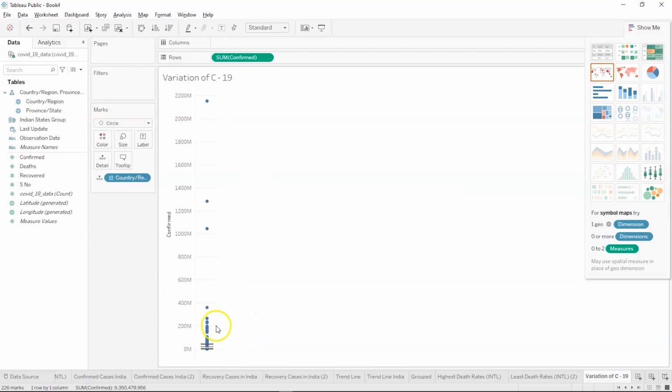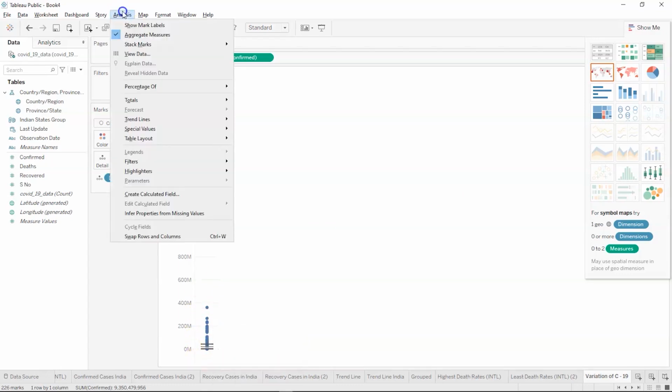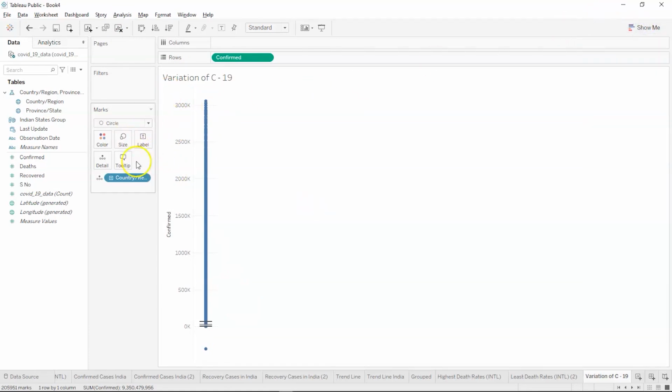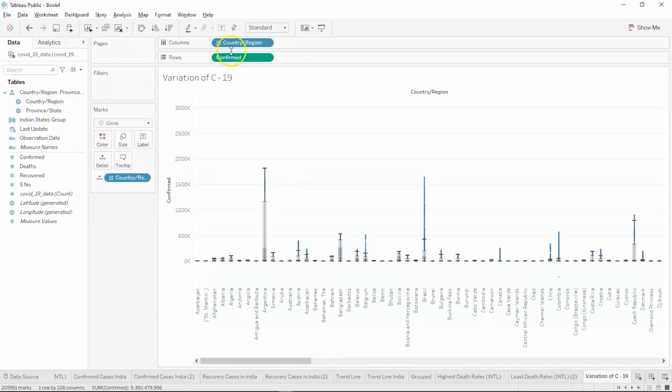Yeah, so you can see that we just have one box or whisker over here. When you see something like this happening on your sheet, then directly head over to analytics and uncheck the aggregate measures. So we have this kind of visualization. Maybe we forgot something, so we forgot the country or region to be placed in columns. So when you place it in the columns section, then you find out all the countries and